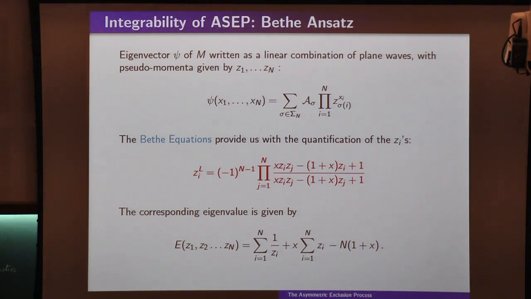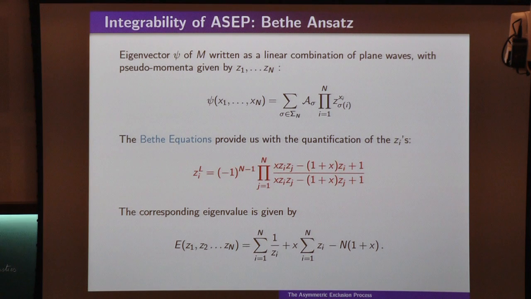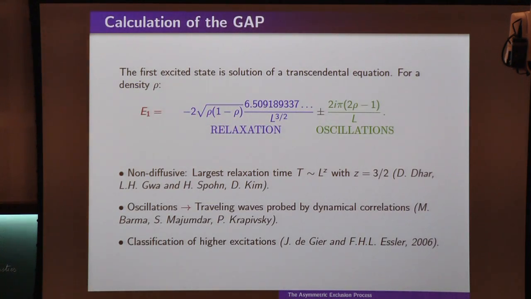Nonlinear algebraic equations. Okay, this seems to be a difficult, complicated task, but it is doable because these momenta have some nice geometric properties and so on and so on. And one big thing that was done in the 90s is that you can compute the gap of the system, which tells you about the relaxation time, and you can even find some imaginary contribution to this gap, which are